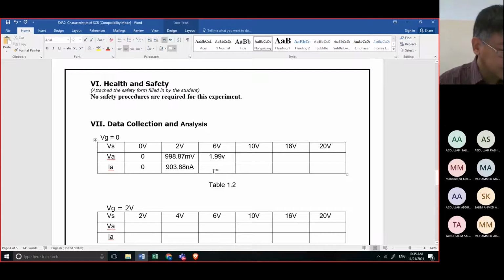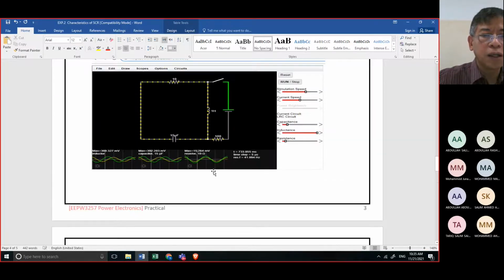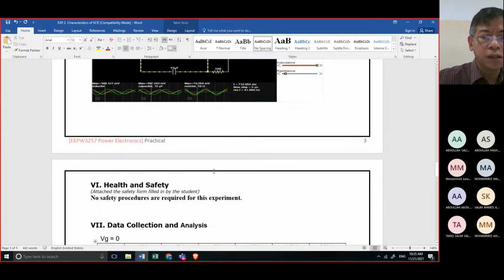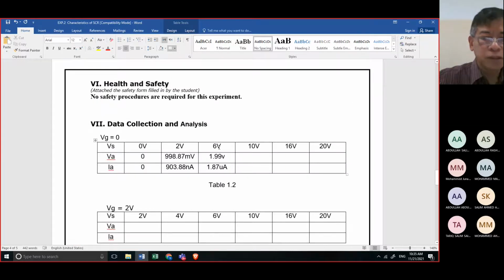And here it is 1.87 microampere. So this is now at 4 volts. This is now at 4 volts.